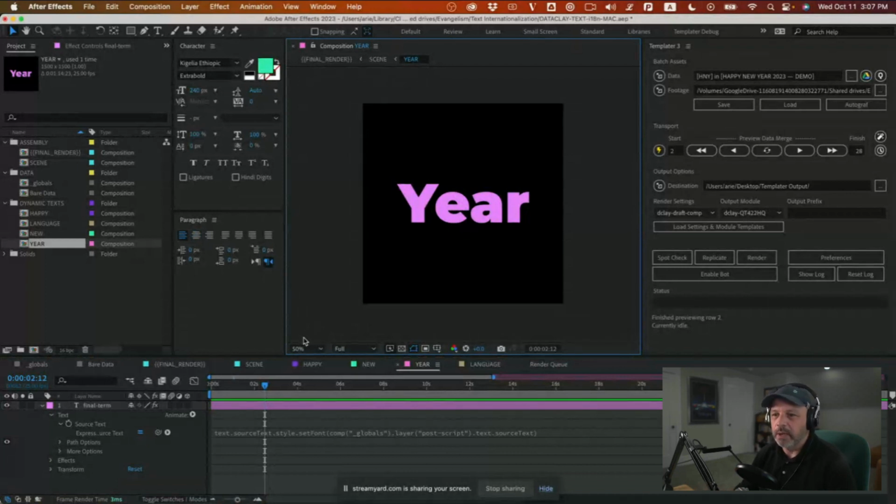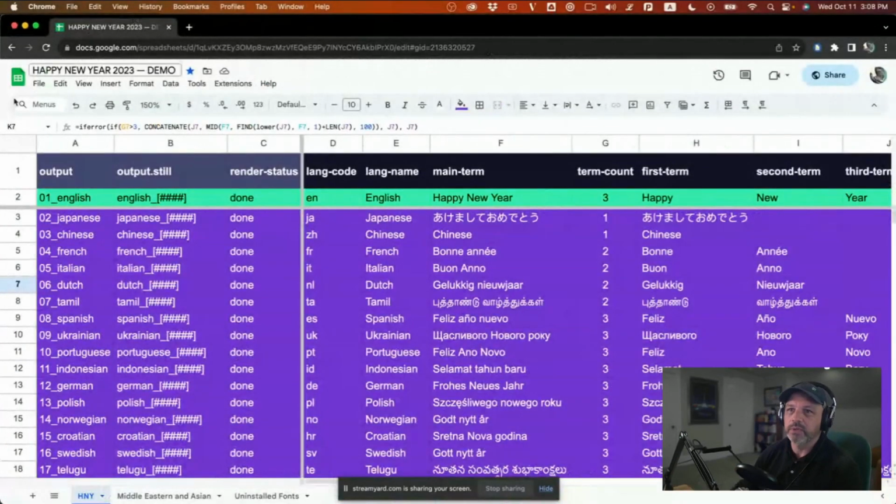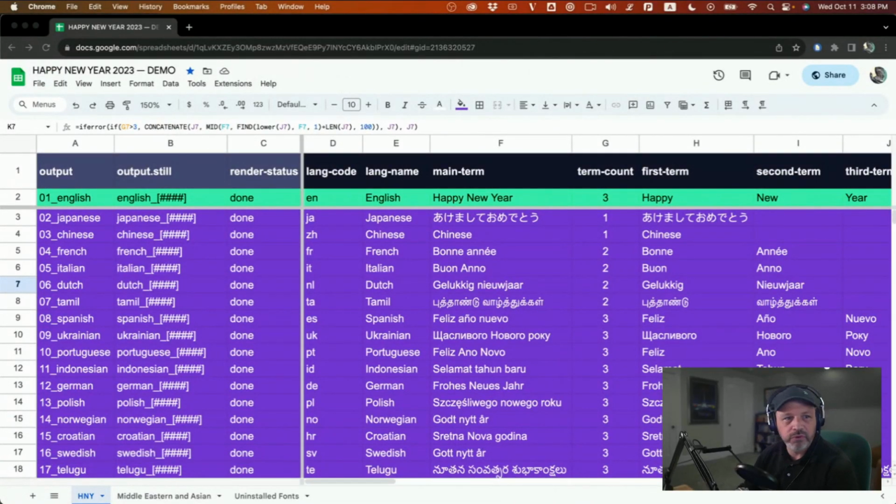Before I show you how the rigging actually operates, I'm going to show you the spreadsheet that we will be connecting the data, the Templater, to. And that's this one right here. So we have this Happy New Year 2023 demo. We have three